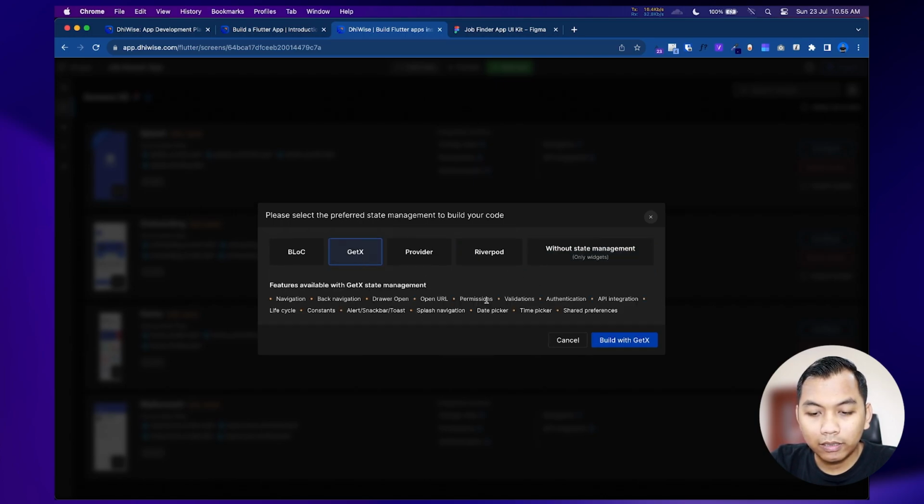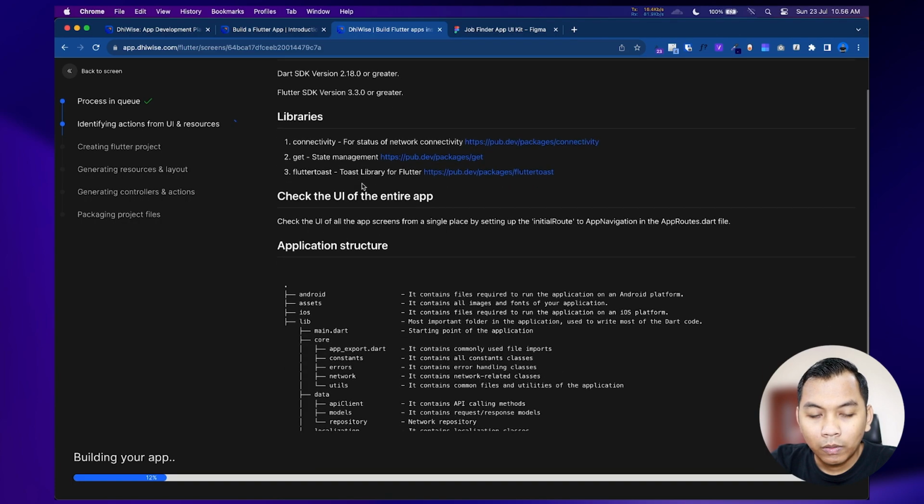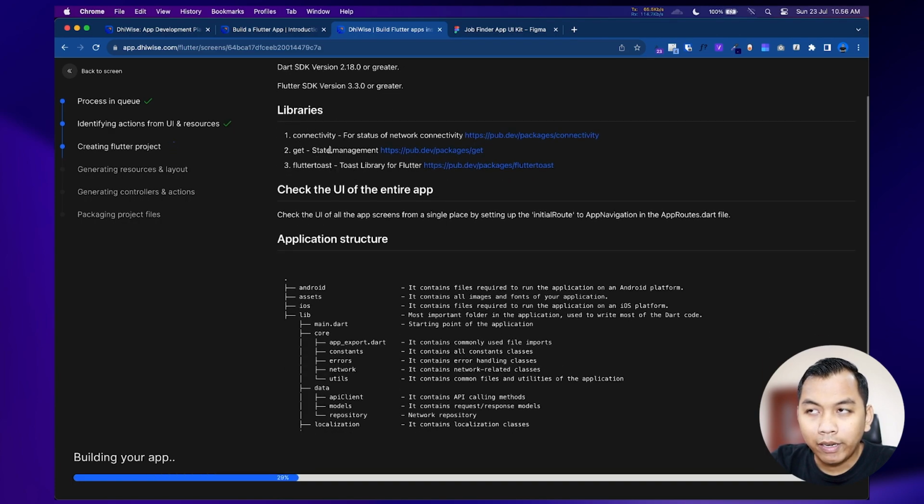So let's say we select GetX, and then this is the information about the SDK version: the SDK needs to be at least version 2.18 or greater, Flutter version at least 3.3.0, and these are the libraries used inside this generated code. Because we use GetX, we will see the get package or get library here.